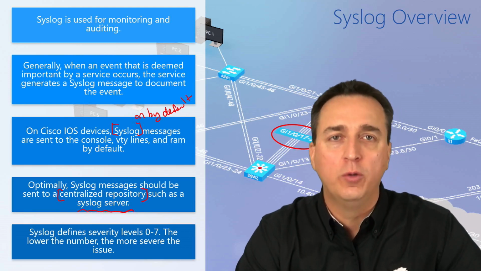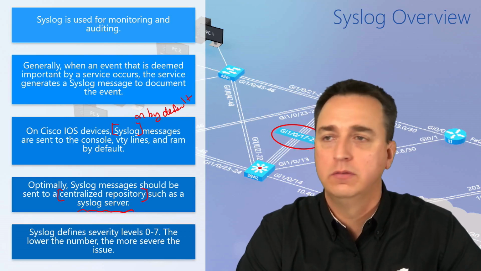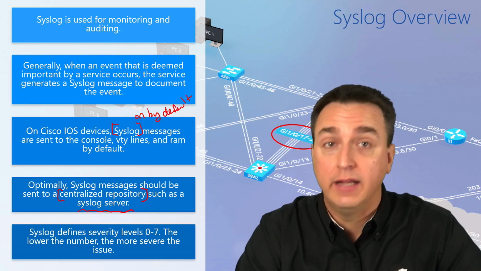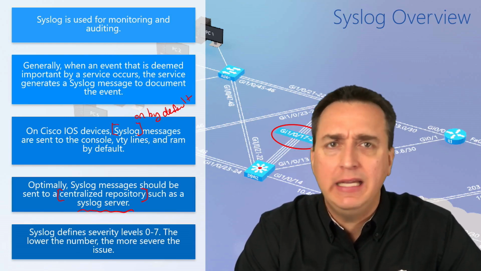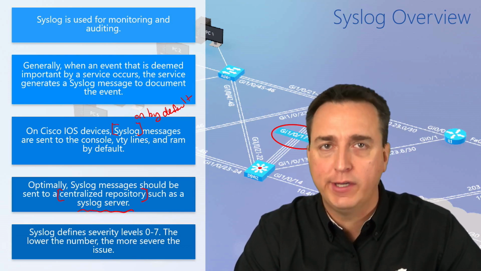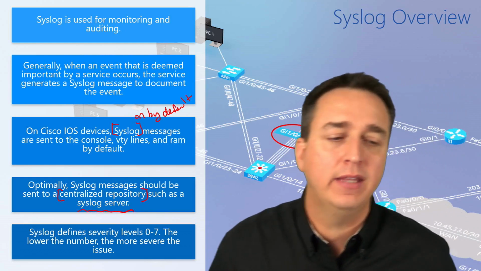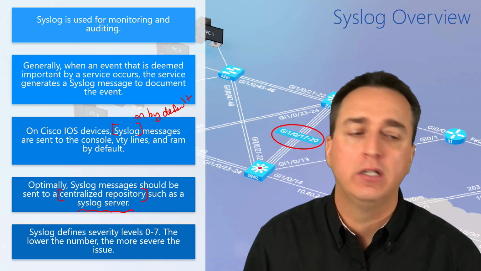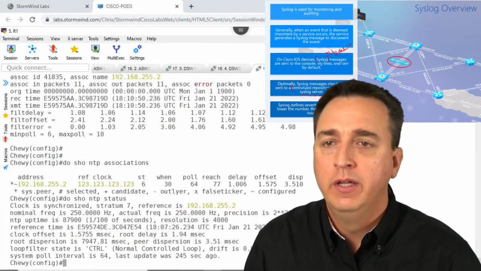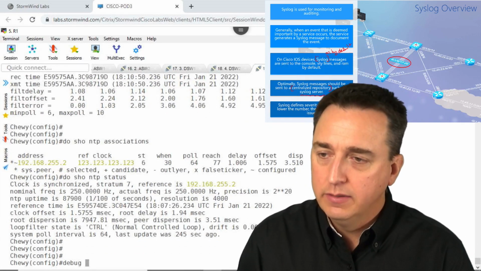So the console port. How do I see the syslog messages, folks, if they're sent to the console port? I have to be logged in and looking at the screen, don't I? Yep. What about the VTY lines? I have to be remotely connected and looking at the screen. Oh, but there's something else as well. What is the extra thing we have to do if we want to see the log messages that are sent to the VTY lines? So for example, right now on R1, let's type in debug